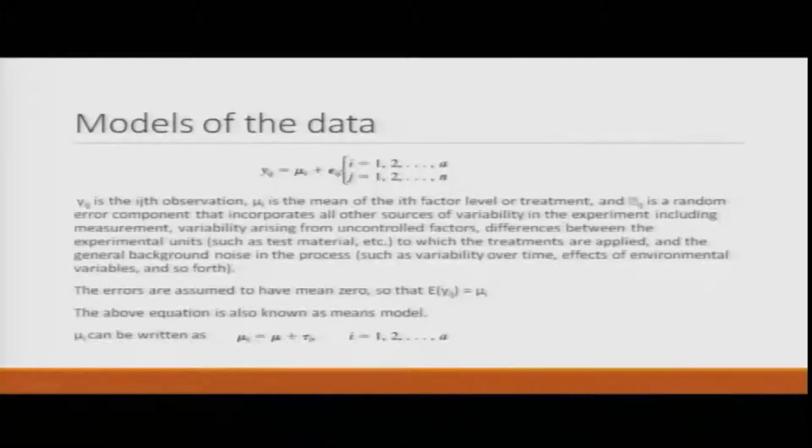That mean value would be mu suffix i plus epsilon ij, corresponding to the experiment number and the observation number. Here i changes from 1 to a and j changes from 1 to n. So, Yij is the ijth observation, mu i is the mean of the ith factor level of treatment,